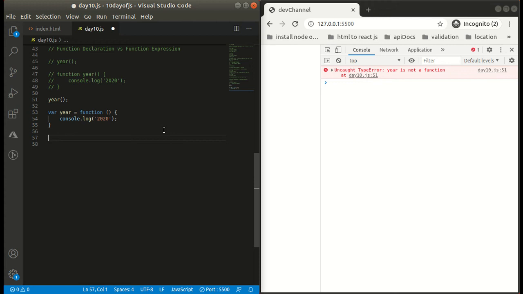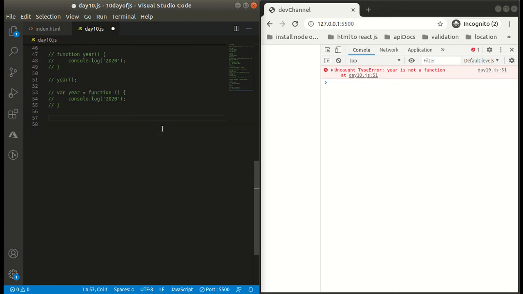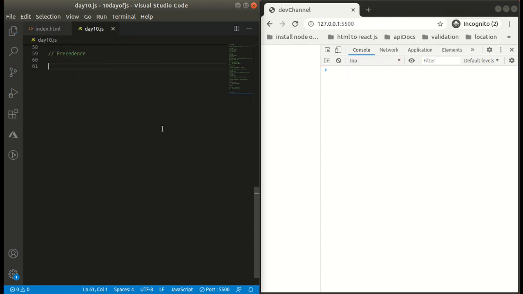Now let us look at one more topic, that is precedence. Variable initialization: when we initialize any variable with a value, that initialization has higher precedence over function declaration.